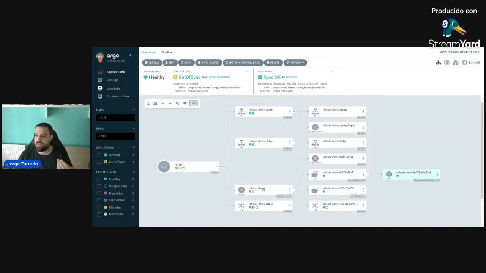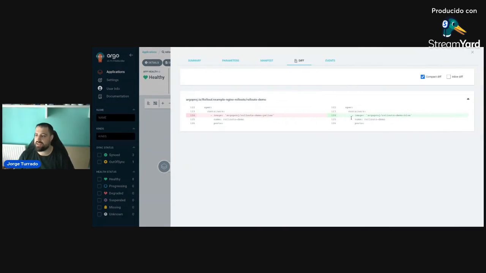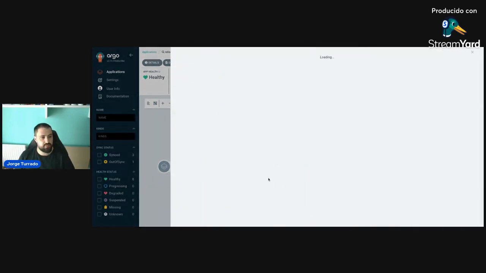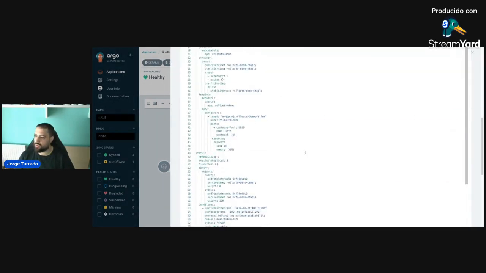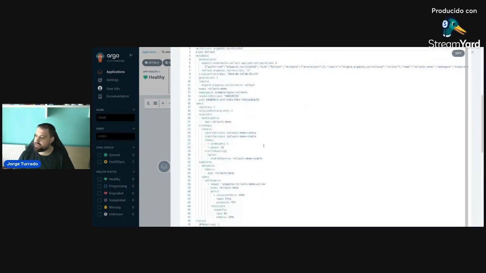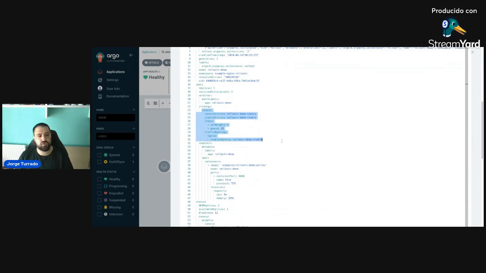Going back to the demo that I had, in this case, this out of sync process, this change is handled by an Argo rollout. In this case, the rollout is quite easy. I'm not going to go really in depth about this, but the canary process is a change of the load to 5% of the load to the new version. It's quite easy. It doesn't execute any complex analysis, but in this case, I will start a new application that